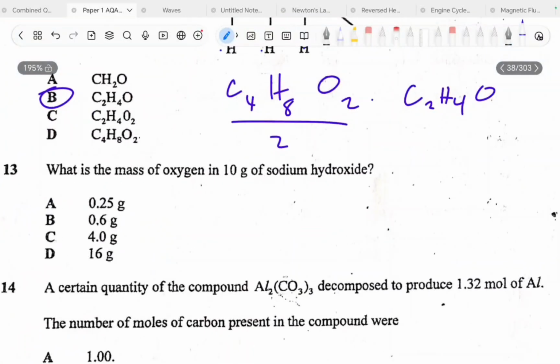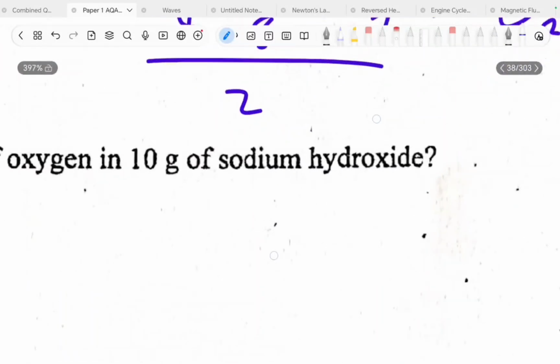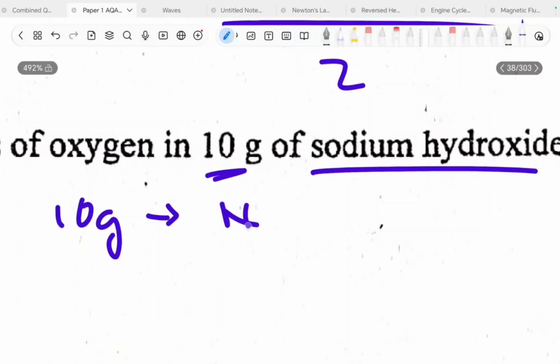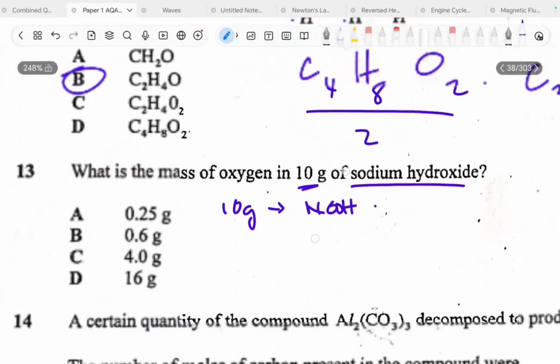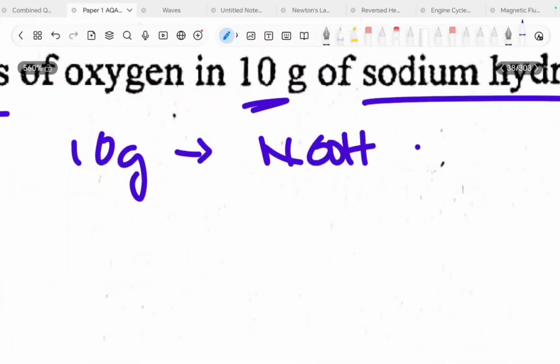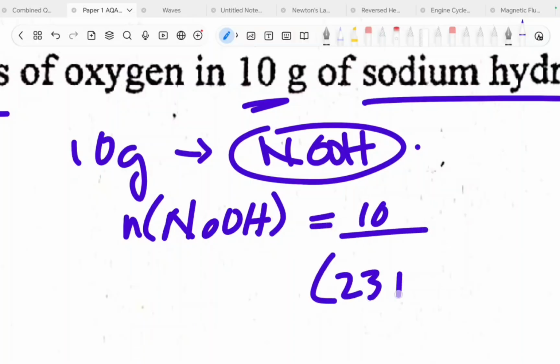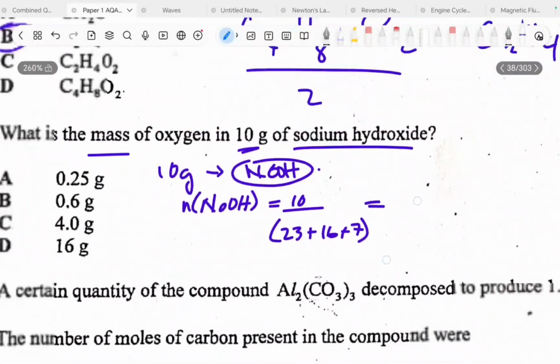What is the mass of oxygen in 10 grams of sodium hydroxide? I do not know how you guys solve it, but I'm going to show you my method. Ideally, we want to use the fact that we know this and we know this. So we have 10 grams of NaOH, and we're looking for the mass of oxygen. So what do we do? Calculate the number of moles of NaOH. So the number of moles of sodium hydroxide is equal to 10 over 23 plus 16 plus 1, and that is equal to